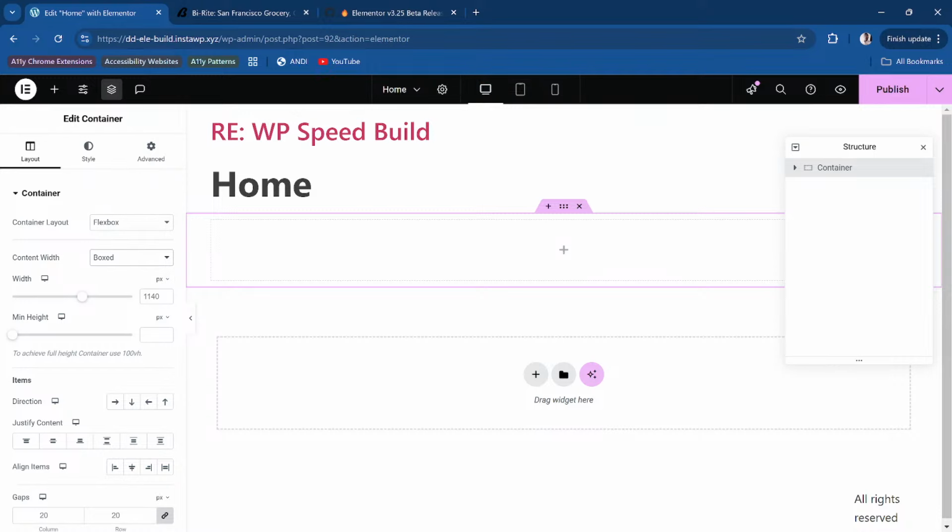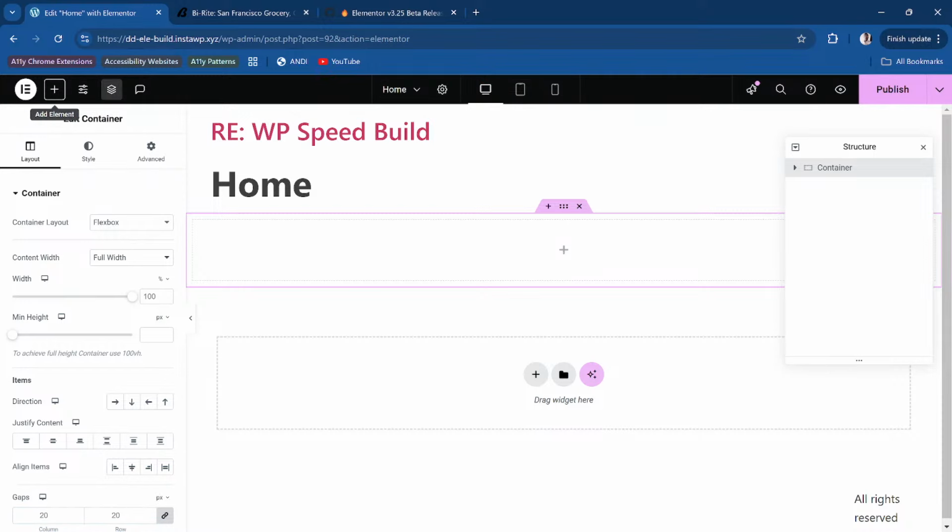Okay, so I'm on boxed. I want it to be full width. Okay, yeah, I got it to full width. Hallelujah. So now it's 100%. Now let me see. How do I get back to the top? Is there any shortcut to go back to the top of the page? I'm not sure. So I have to press